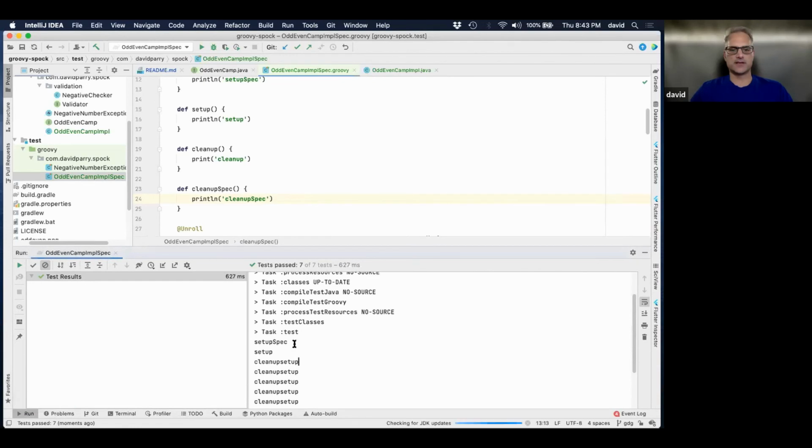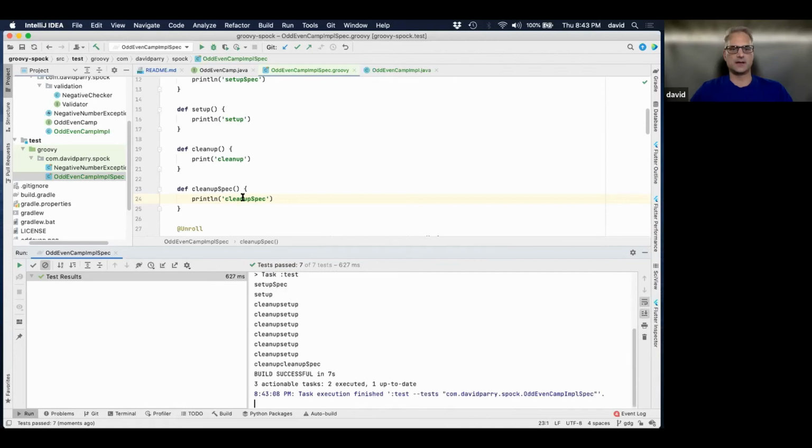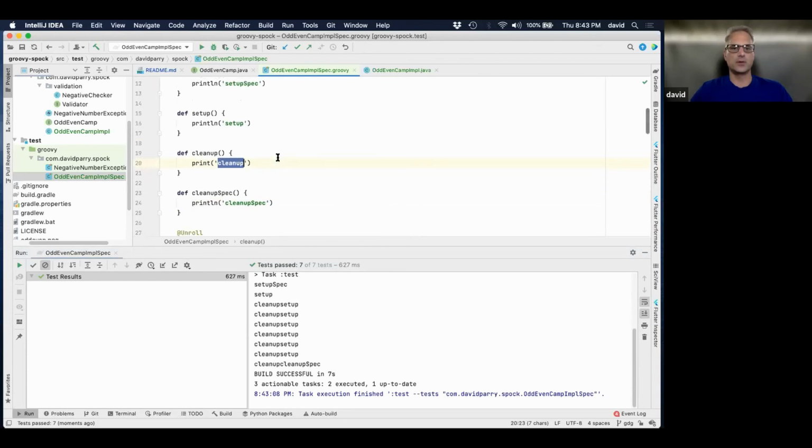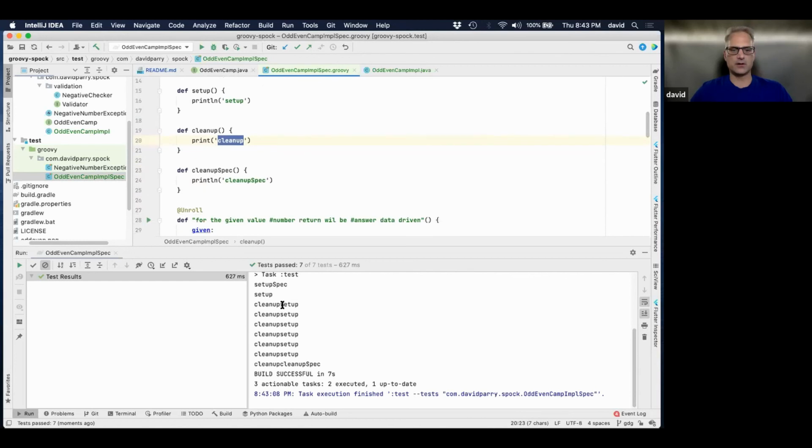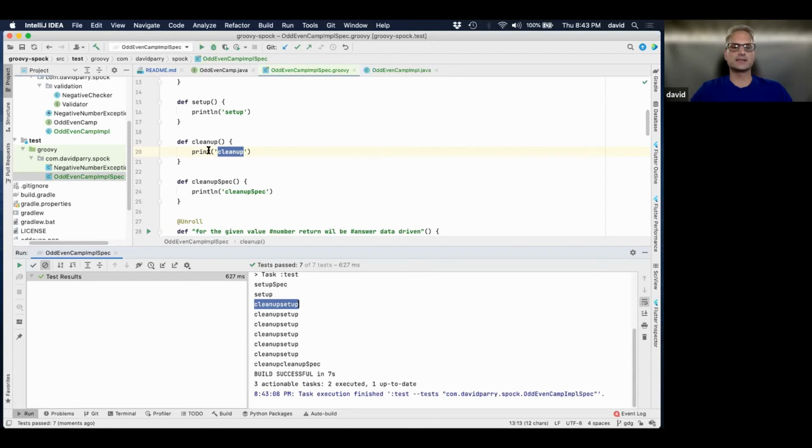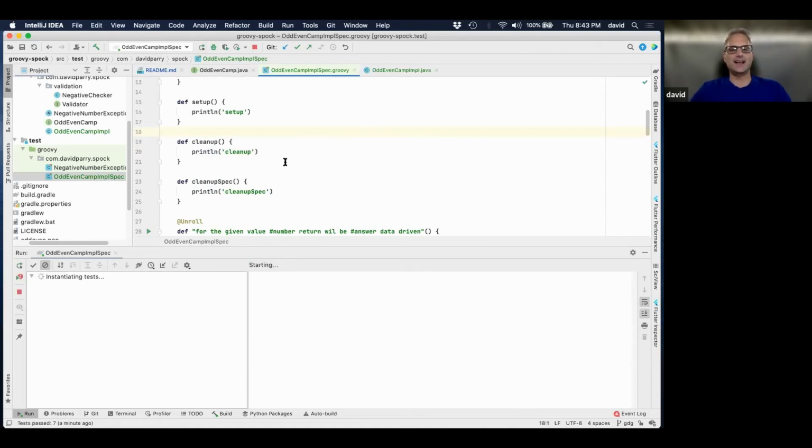So there's our setup spec and setup, cleanup, setup, all the different tests. And you see there's the cleanups. What is the cleanup setup? Didn't I print that out? Oh, I forgot. That was my bad. I connected them. Sorry, let me run it again. I was like, why is it cleanup setup? I didn't do the print a new line. Because you have setup and then you cleanup, setup and then cleanup.